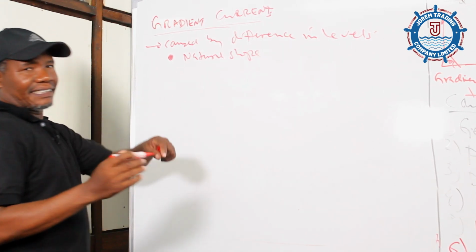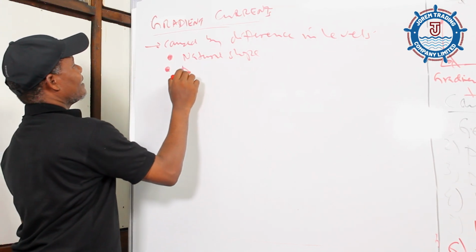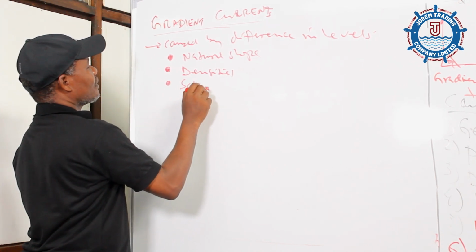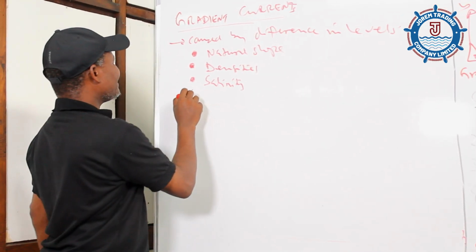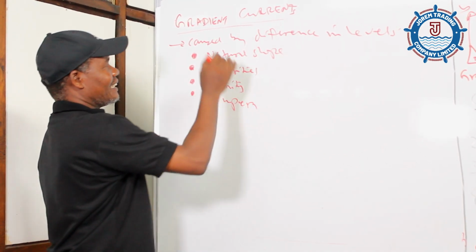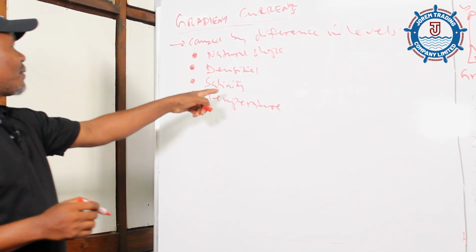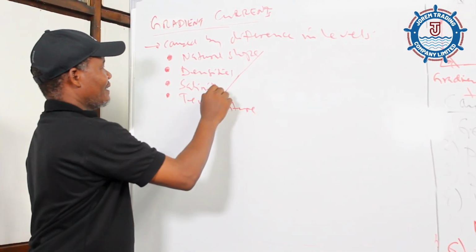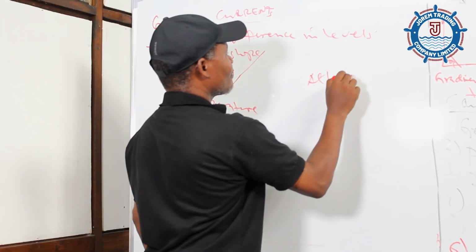Natural slopes means one side being higher than the other. Could be difference in densities. Could be differences in salinity. And the difference in salinity automatically causes difference in densities. Could be differences in temperature. Temperature gradient, density gradient, salinity gradient, slope and whatnot. And a good example of these, of course 1, 2, 3, could be 4, is the Atlantic Ocean and